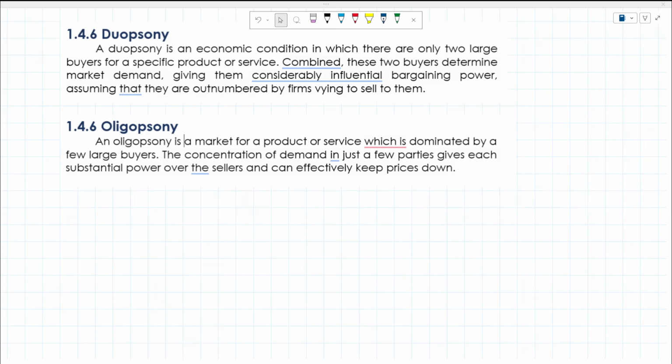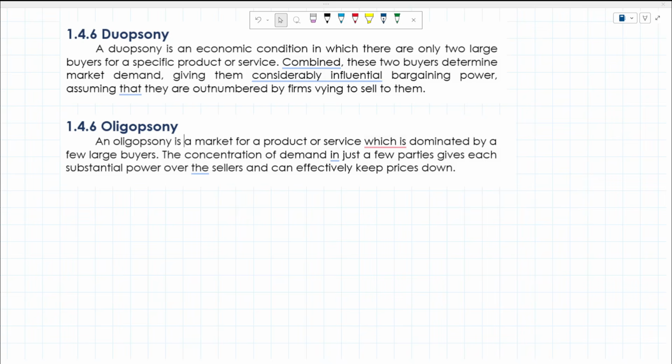Kape, di ba? Nescafe. Yun yung pinakamalaking buyer, no, ng coffee beans. Cacao, chocolate, no? Nestle, yan. Hershey's. Yan, yung mga brand na bumibili ng kakaw, di ba? And yung sa libro naman, yung Big Five na tinatawag, doon sa publishing industry naman yun. Okay? Anyway, so much for the types of market. Okay?